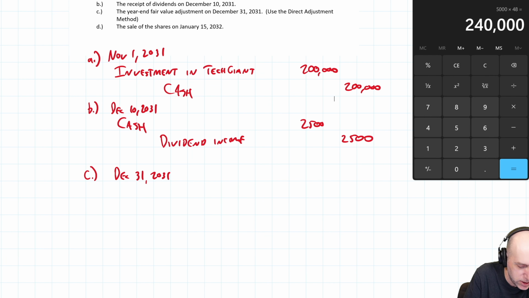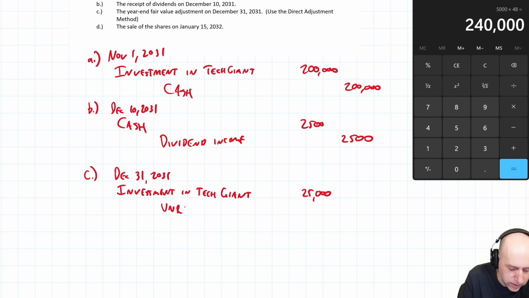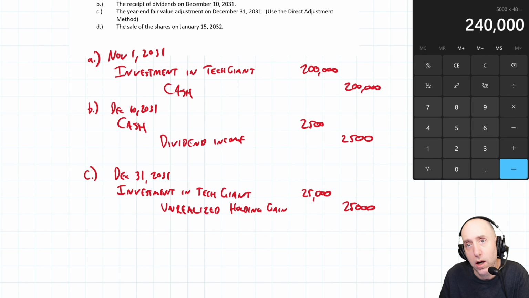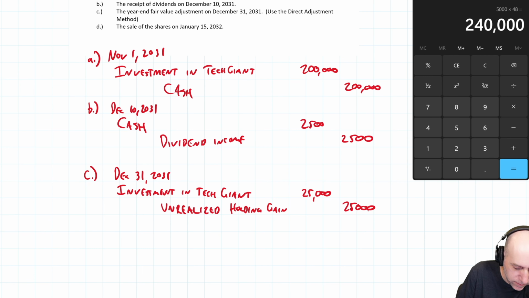So the direct adjustment just says debit the account, which I like. Debit investment in TechGiant for $25,000. And we credit, and this is an unrealized gain. Maybe I've been calling it holding gain. That's certainly fine. Or just unrealized gain, I think is appropriate here. And it's $25,000. So if you happen to be in a class or have the textbook that tells you to do it a different way, you wouldn't debit investment in TechGiant. You would debit, let me change my pen here,